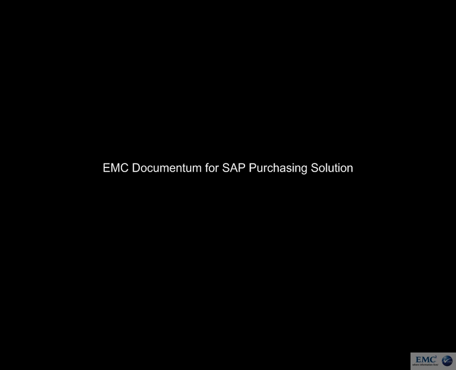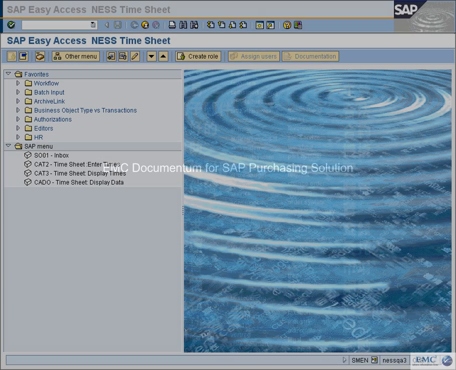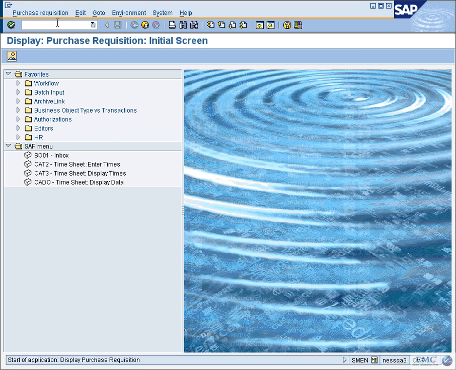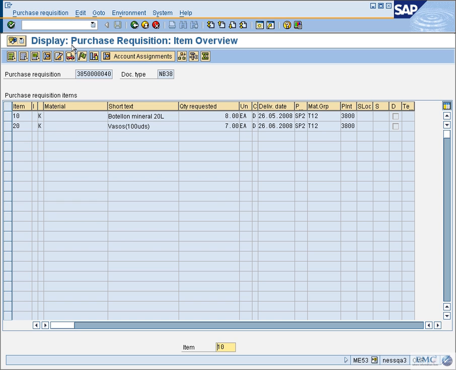What we're showing here now is how you could use EMC Documentum for the SAP purchasing process. So you continue to use SAP for what it's very good at, transactional processing, and you add the power of Documentum for all unstructured content management. If you start early in the process here, you can see how, from the purchase requisition object in